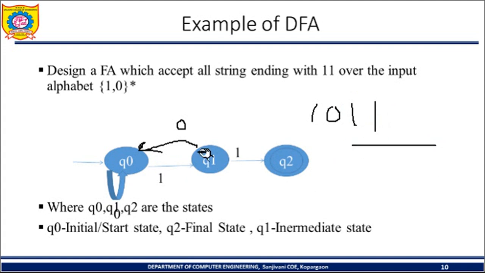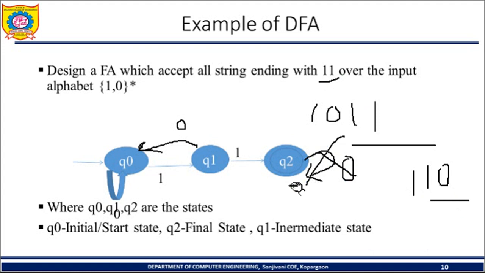So this is right. Now we have considered both inputs for Q0 and Q1, that is 1 and 0. Now we need to check for Q2. Now for Q2, if I give 0 for the same state, what will happen? Then it will be 1 1 0, so it will accept the string 1 1 0. Again that is wrong. It should end with 1 1 and here it is ending with 1 0.